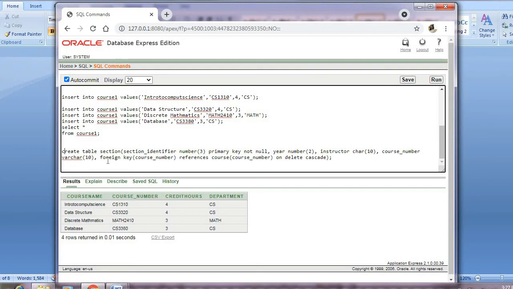So course number was a primary key in the course table, and the same attribute in the section table will be treated as a foreign key, because they both have a relationship. That is why they have specified references course number: we are referring to the table course, where course number is a primary key. So here it becomes a foreign key.